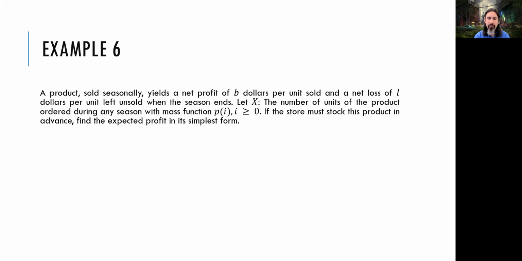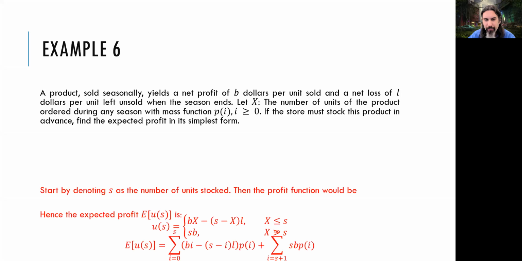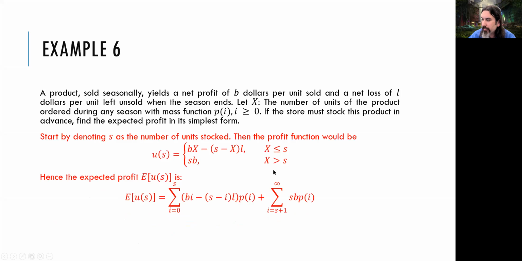In the second scenario, my demand is greater than my supply, so I will sell everything in my supply, which is the amount of S. I will sell each of them for B, so B times S is my income for the second scenario. Now, this is my profit. I'm going to find the expected profit, which is the expected value of this. So what I have to do is take this and plug it into the expected value function.